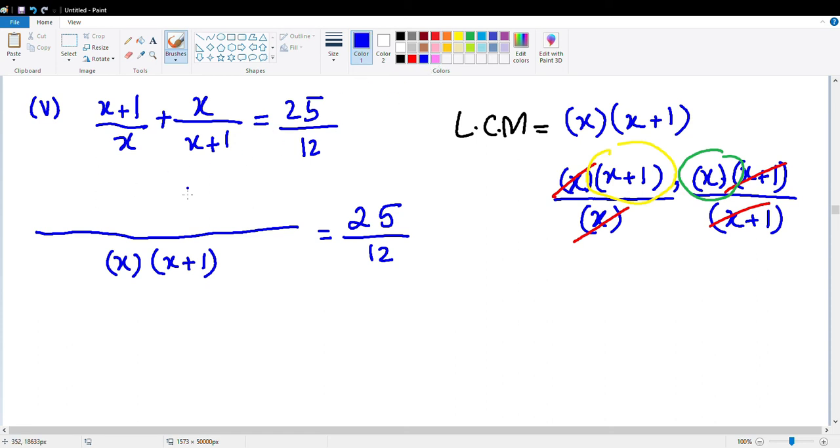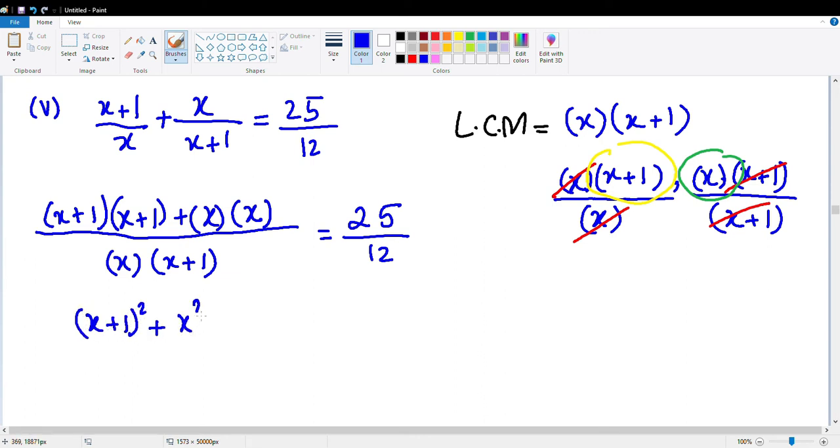So this is x plus 1 up there from the fraction, and this is the x plus 1 that's going to multiply with x plus 1, which is the numerator of x. Now, what is the numerator of x plus 1? It's x, so this x, the numerator, is what's going to multiply with this numerator x. So we're going to get x plus 1 squared plus x squared over x into x plus 1